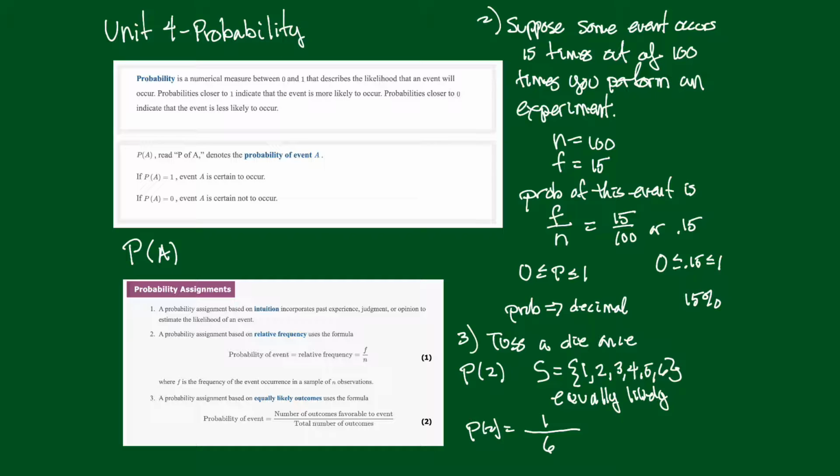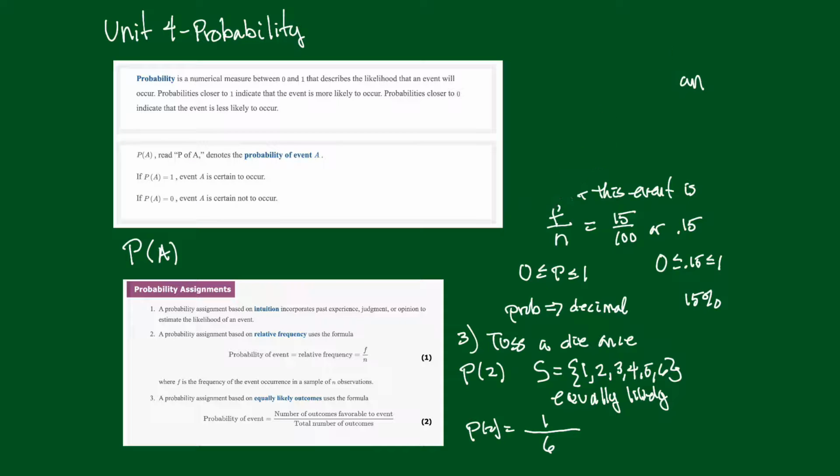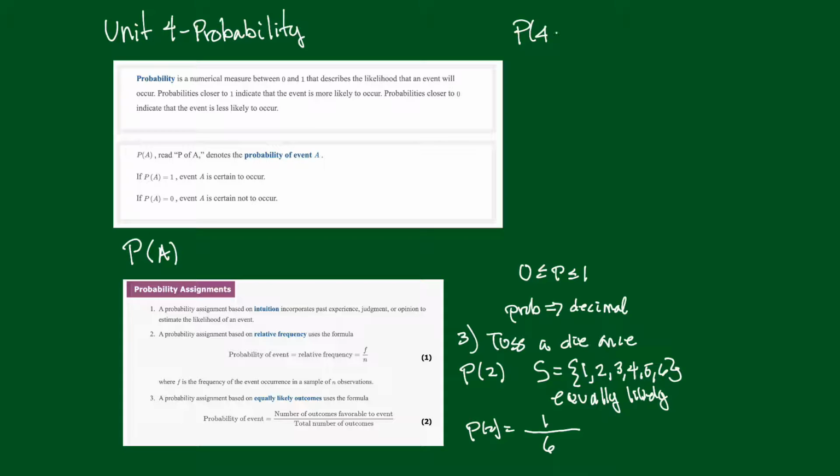So the probability of getting a 2 is 1/6, or if you like, convert it to a decimal. Here's another example. You know what I'll do is I'll get us some room, and I'll erase this one up here. And let's say, what's the probability now of getting a 4 or a 5? Well, now, as long as the events are equally likely,